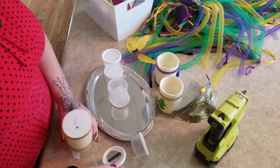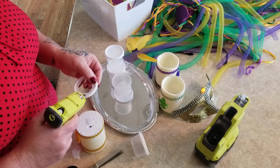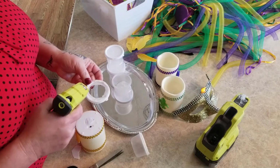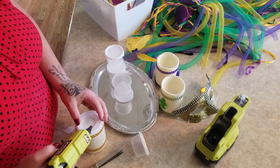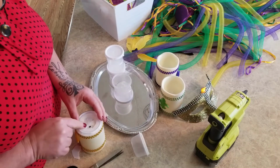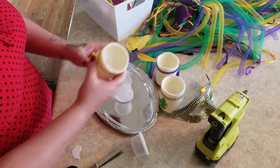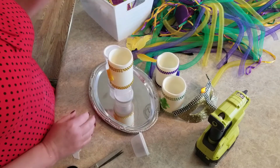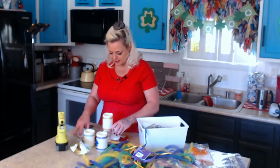So I'm going to take this and I'm just going to go around the whole edge of this. I'm going to flip it over onto here. I'm going to make sure that the hole in the center allows for the switch to be turned on and off. And then I'm going to put it back on here and it should snap into place. Ooh, it worked. I'm surprised. Well, not real surprised, but